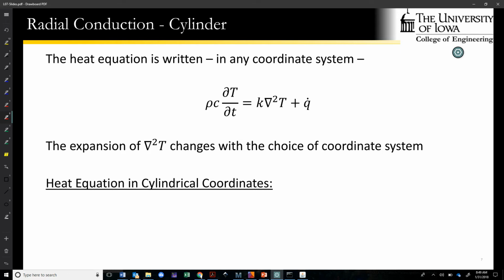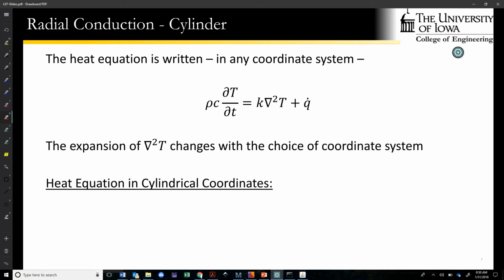Okay, so the heat equation, as we derived it, we talked about doing it in Cartesian coordinates. We walked through that derivation quickly. And one of the things that I mentioned but didn't really go into detail is that it doesn't matter what kind of coordinate system you're working in. This expression is valid. This will give you the correct version of the heat equation, whether you're working in Cartesian, cylindrical, or spherical coordinates. The only difference is in how we expand this del squared operator,